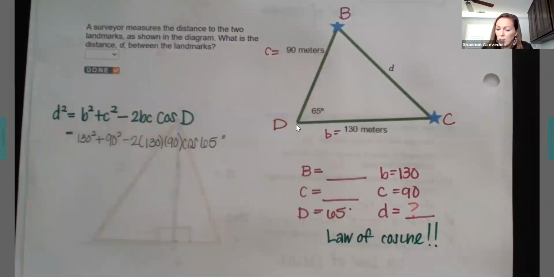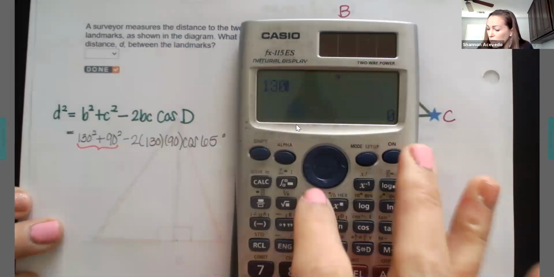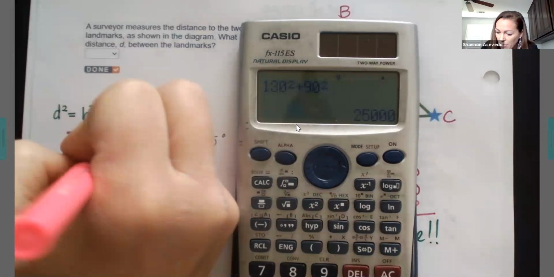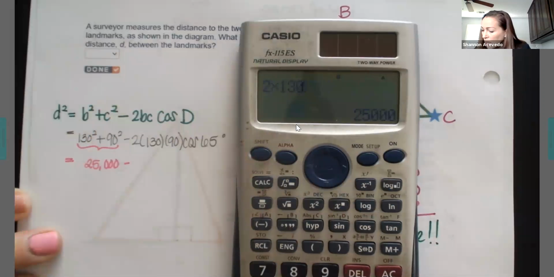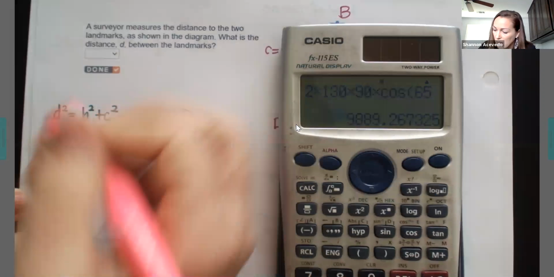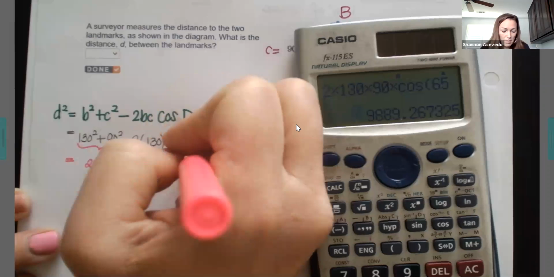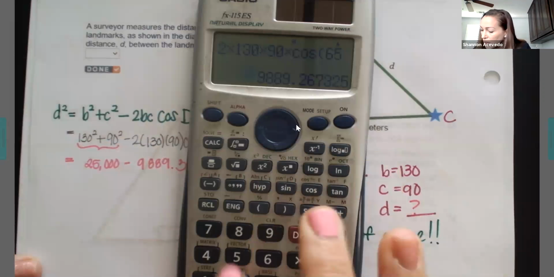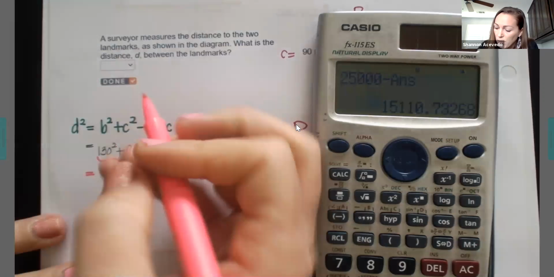I go to my wonderful calculator and I plug this in. So 130 squared plus 90 squared is equal to 25,000. Minus, I'm going to do 2 times 130 times 90 times my cosine of 65, and I get 9,889.3. I'm going to go ahead and subtract 25,000 minus my answer there, and I get a value of